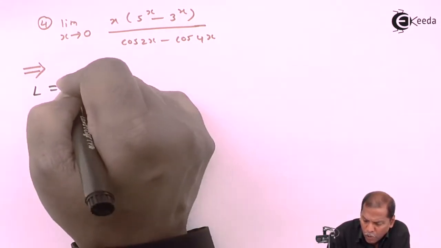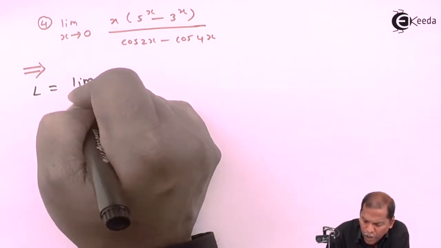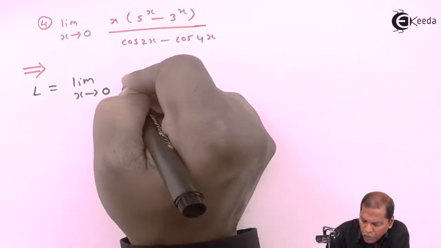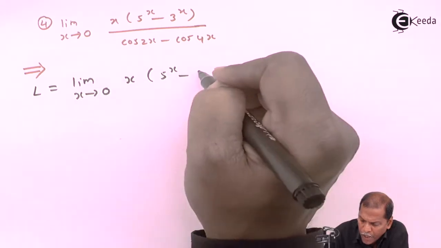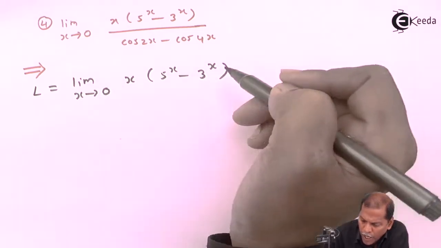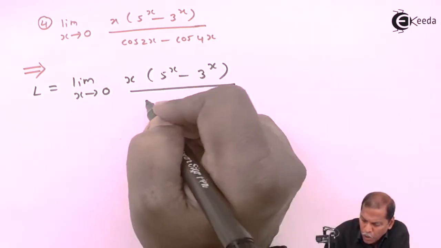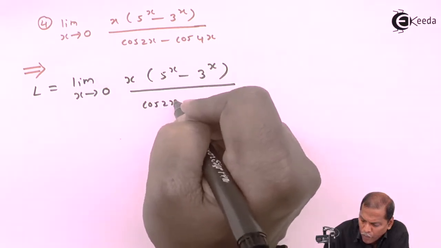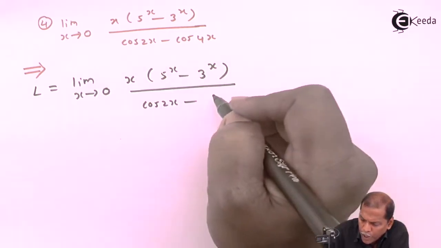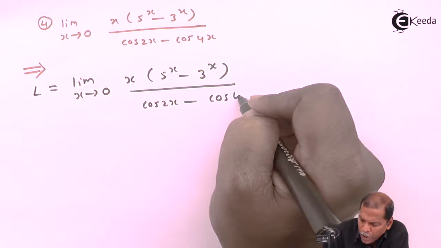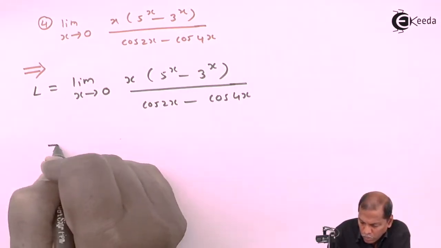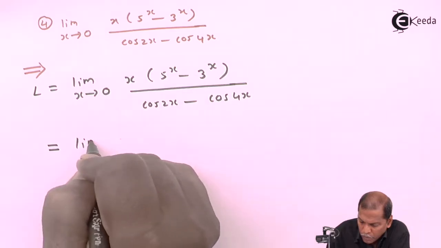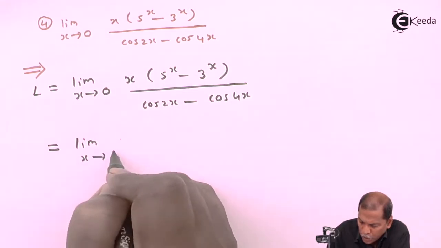L is equal to limit x tends to 0, x in bracket 5 raised x minus 3 raised x, whole thing divided by cos of 2x minus cos of 4x, is equal to limit x tends to 0,